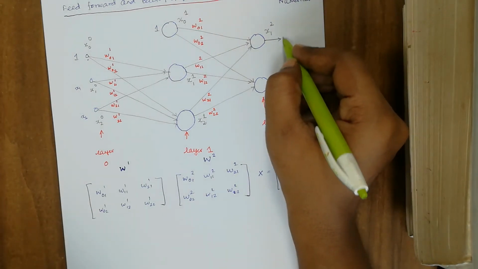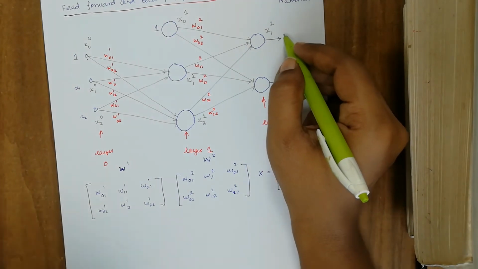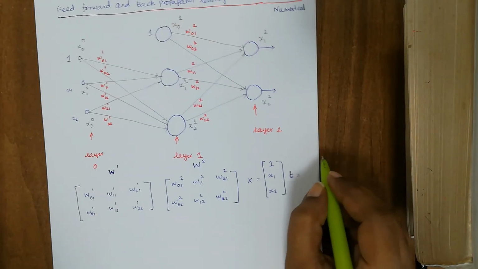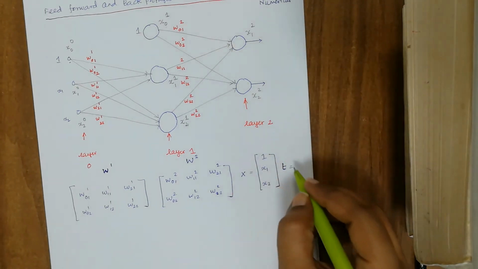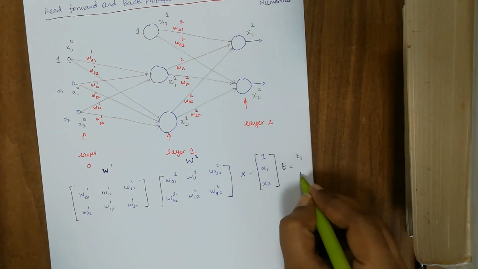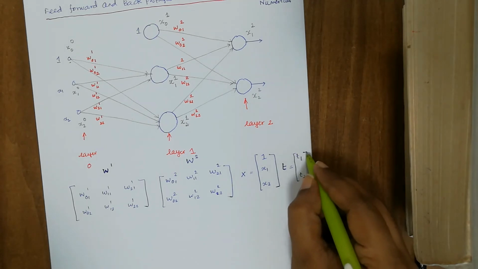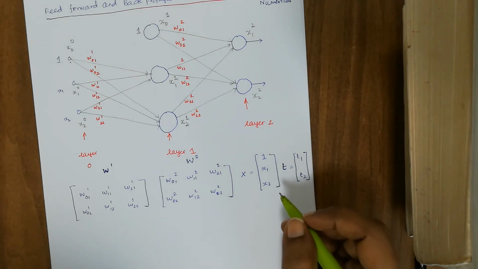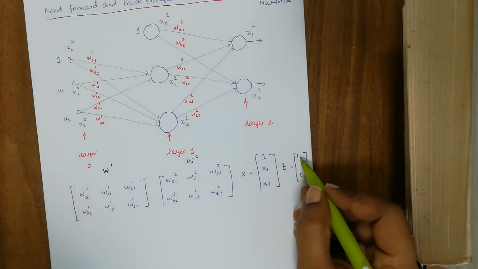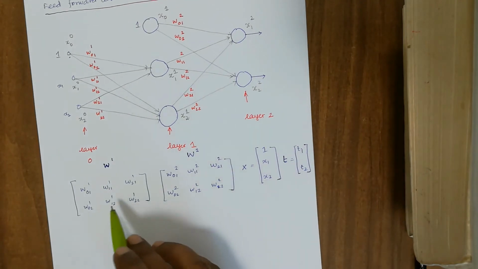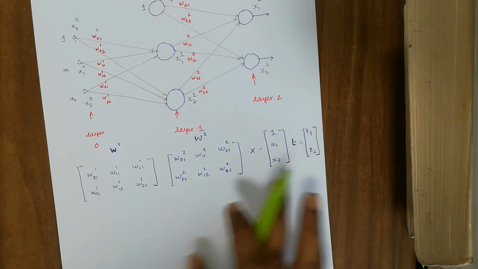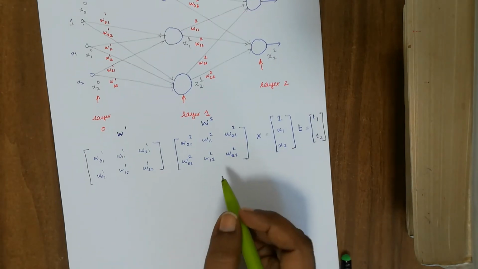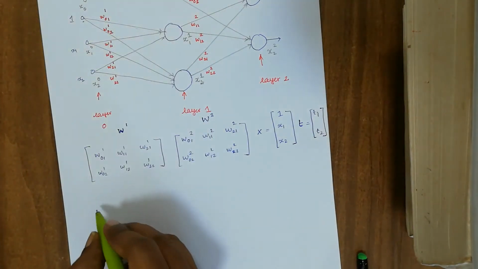And we also want the expected output or the target output. That target output is represented as T, and since there are only 2 neurons, that value takes T1 and then T2. So as I said, in the multi-layer perceptron, the output is in the form of a vector instead of a scalar, so it takes the value in the form of T1, T2. Now let us give the values of these in the form of matrix.